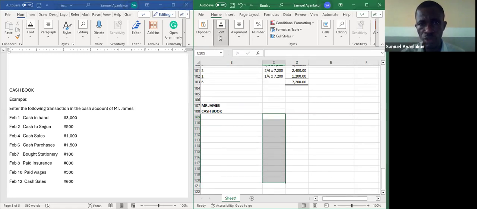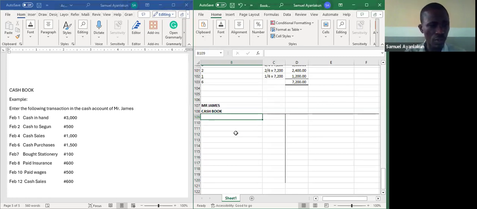So I'm trying to draw the ledger. So I'm quickly working on it. So the first question, we want to draw the cash book for Mr. James. When you're saying February 1st, that means as at January 31st,